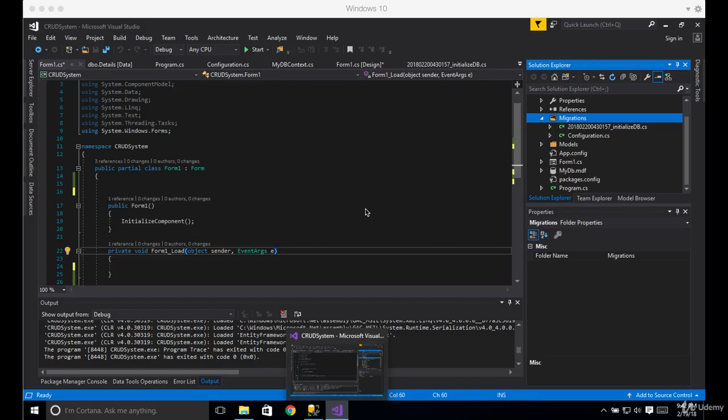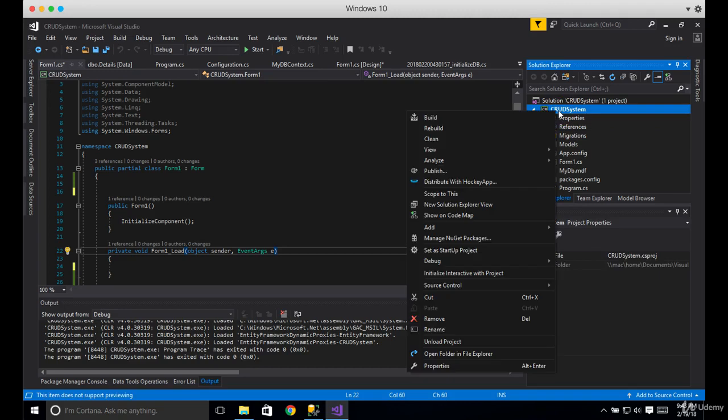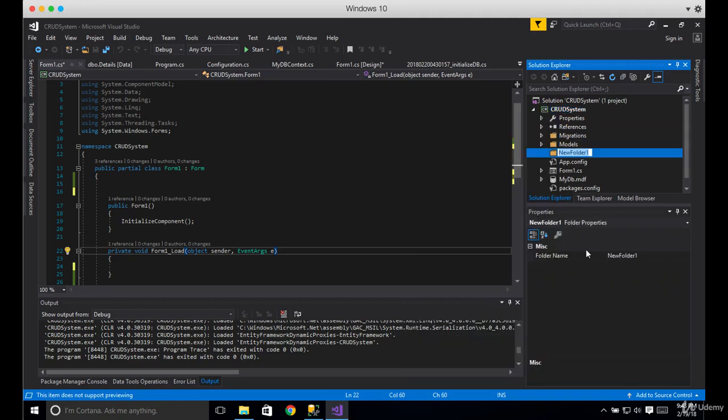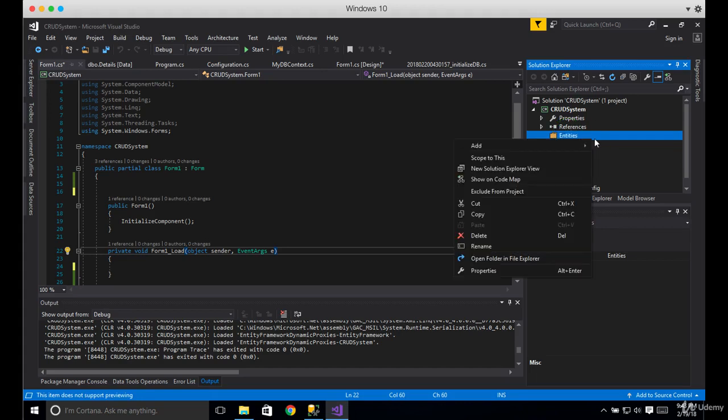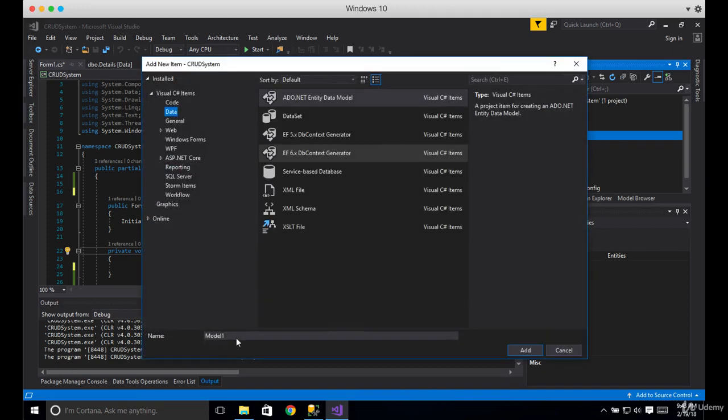So let's try populating our data, or fetch our data into our data grid view. But in order to do that, let's create a folder for our entities. So let's name this folder entities. And then in here, let's right click, add, new item, and then put this to my